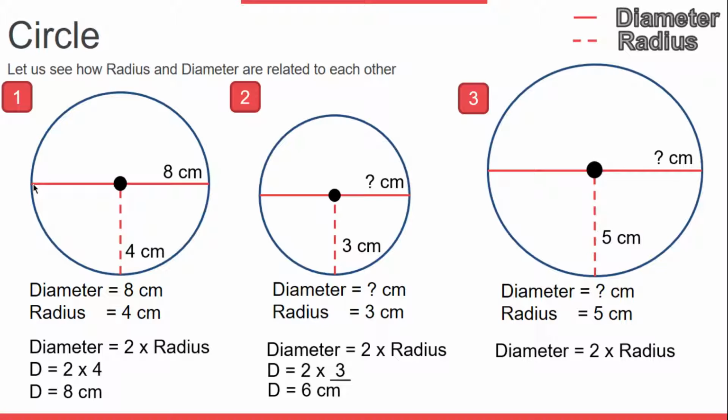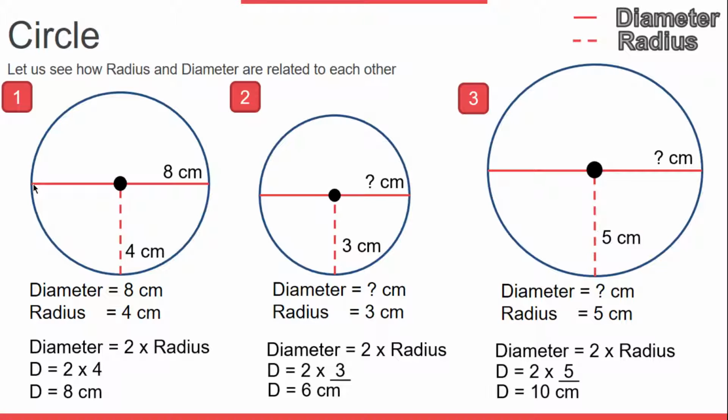So here I have my diameter, which is unknown, so d equals 2 into what? The radius is given to you as 5, so you fill in 5. So I get 2 multiplied by 5 gives me 10, so d equals 10 centimeters. So the diameter for this situation is 10 centimeters.